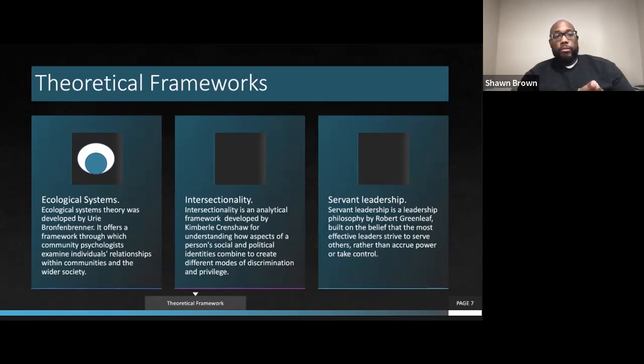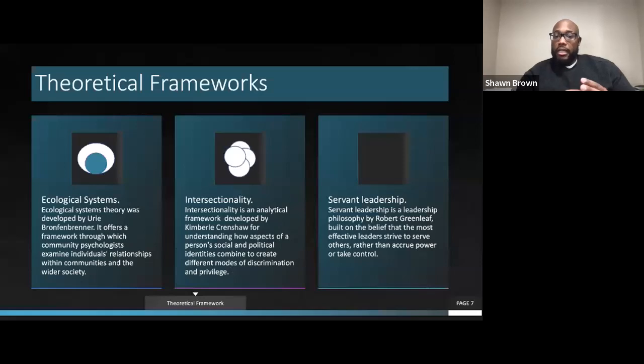Specifically for our students, we want to think about how students are at the center and how their families, their smaller communities, and the bigger society impact their learning. And specifically for educators, how do we fit in those communities, and are we positively or negatively impacting their learning